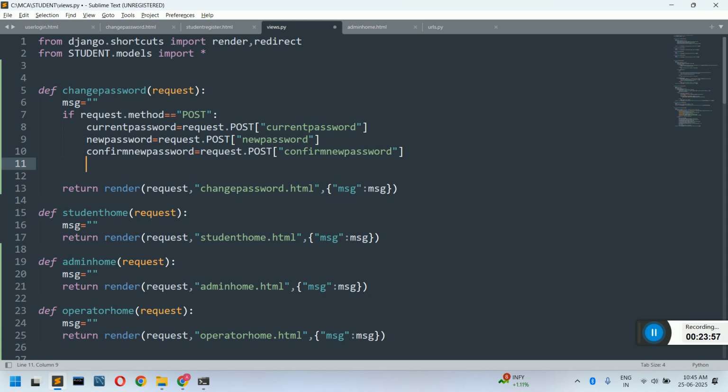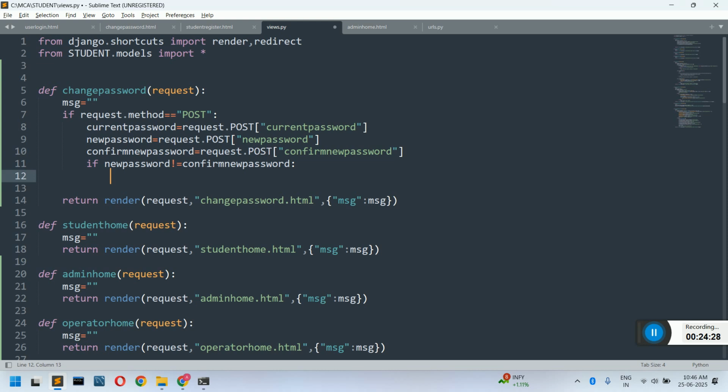Now what I have to do, let us assume that it is for the student itself. Okay, so for the student we are changing the password. In that case we have to modify the data in the student data. Okay, so how to do that? First thing, before modifying the data, we should make sure that new password and confirm new password are the same. So for that I'll put one condition, that is if new password not equal to confirm new password. Okay, if both are different, in that case I will put a message to the user saying new password